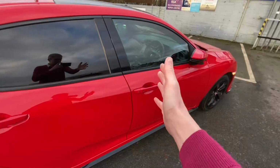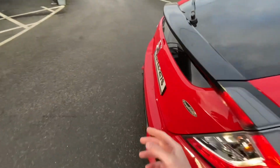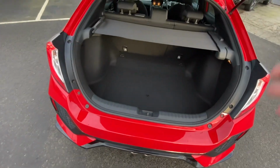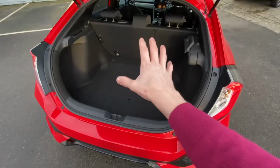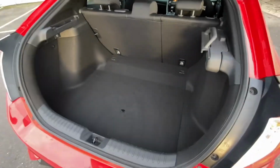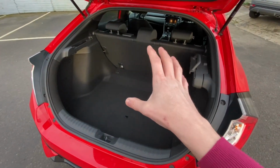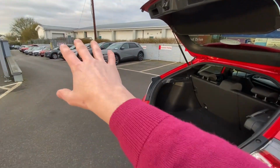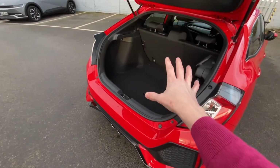In terms of, actually, I was going to drive, just one sec. I want to show you the boot. The boot is ridiculous. We had 4 Honda Civics at home in a row, and the reason being we needed a big boot for buggies and stuff like that, and that is a massive boot. Lots of people buy things like Tucson and Sportage and all those kind of things. People really miss the point here, because sometimes people think they're getting into an SUV and they're getting loads of space. This boot is really good